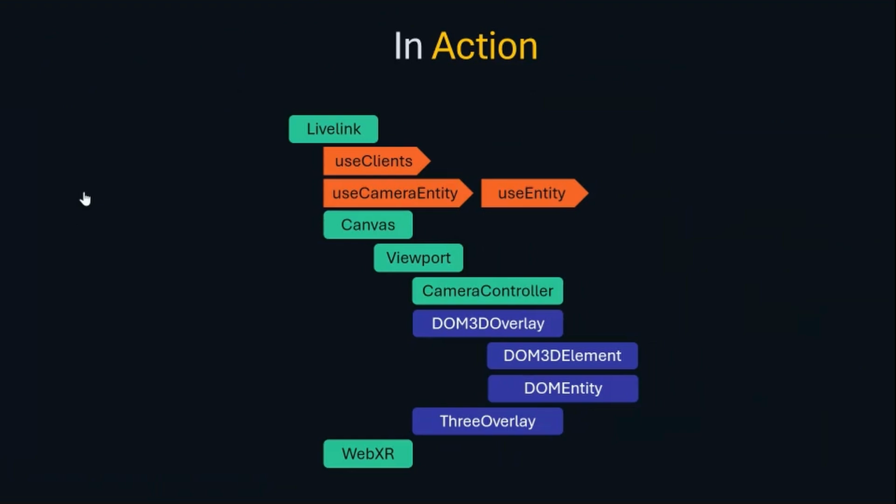So you can have a viewport inside the canvas, and that itself inside the canvas, so you can create stuff like this. So here, for example, we have two canvases, the right one and the left one. Each canvas has two viewports. The first one is split horizontally, the other one is split vertically, and each one has their own